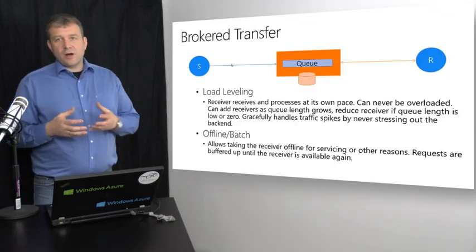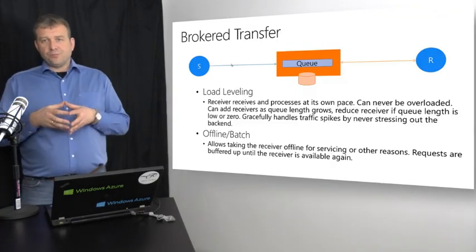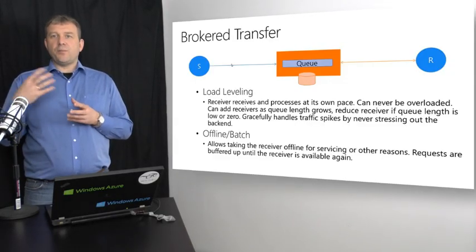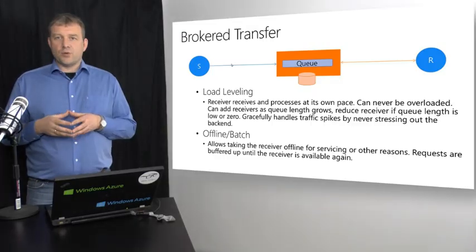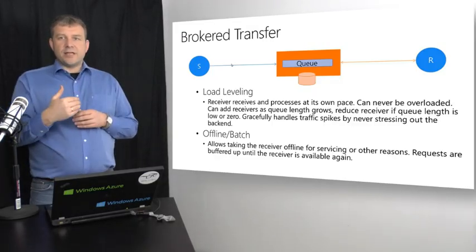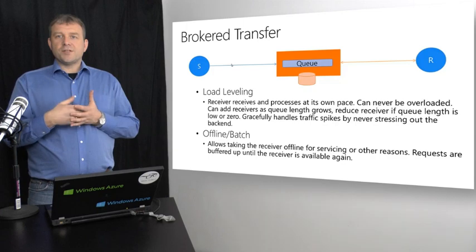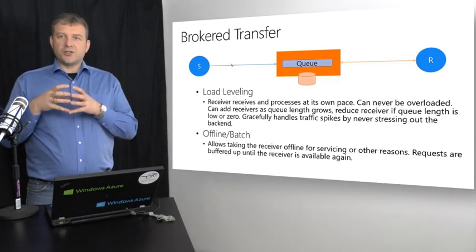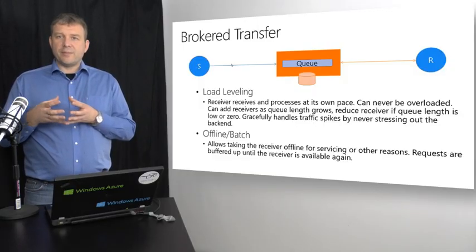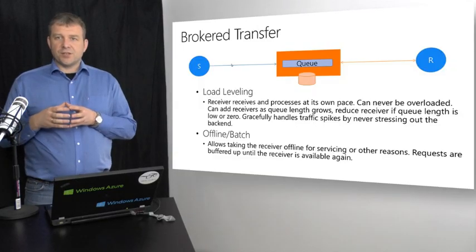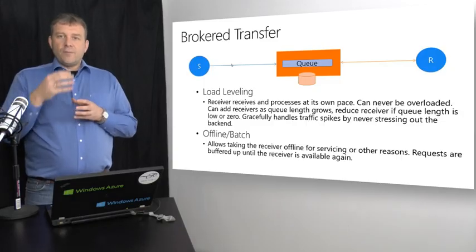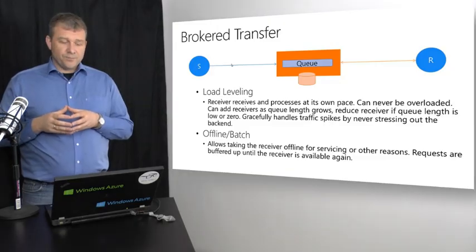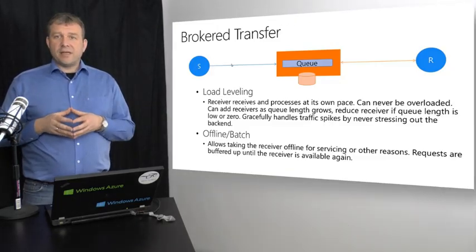The receiver on a queue or on a subscription will typically do a pull that is coupled to a processing motion. So it will go and get a message, take the message, process that message. When it's done with that processing, it will go back and get the next message. So it will couple its load, its work capacity, to receiving the message. So it will only get as many messages as it can actually work on. The sender may send based on a completely different